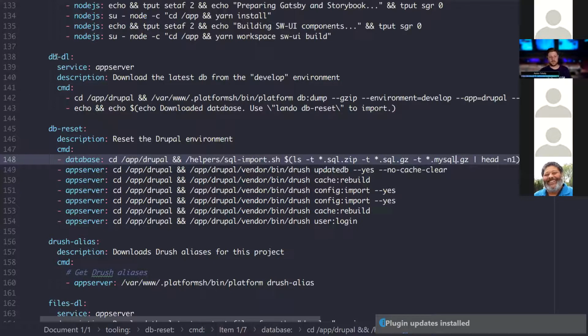So you type lando dbdl, it just pulls in the latest database from Platform, does a lando db reset, imports it, then runs all of your common updates: database updates, cache rebuild. You're doing config management, so this will import the latest config, then cache rebuild again. There are some quirks with that process, so having an extra cache rebuild avoids those problems. And then it prompts you, it uses Drush's user login, and because we have that environment variable set earlier,